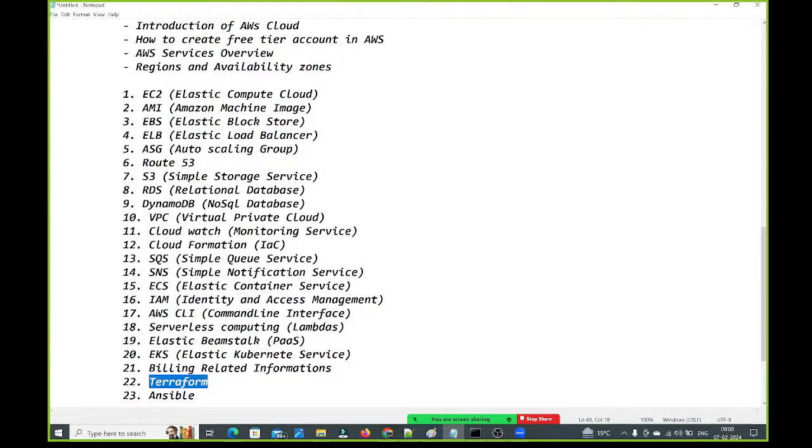Guys, if you know only Terraform also, a lot of openings are there in the companies. Terraform is very, very, very important. By using Terraform, what can we do? We can create the EC2 instances, we can create the VPC, we can create the S3, we can create the RDS tables, we can create anything, guys. Any infrastructure you can create by using Terraform. Nowadays, companies are expecting people who know Terraform very well. Those people only companies are recruiting, guys.